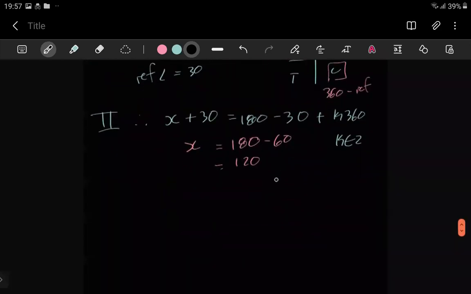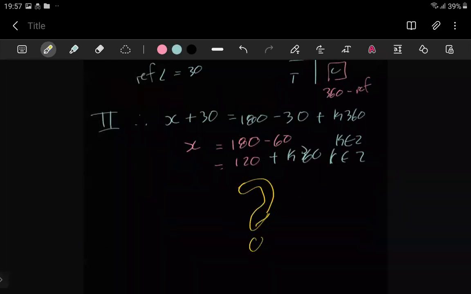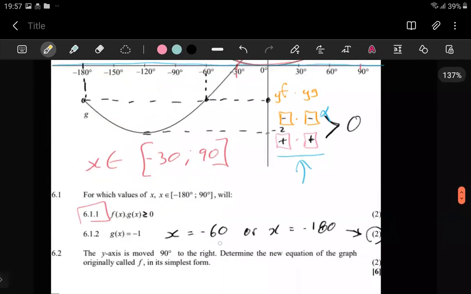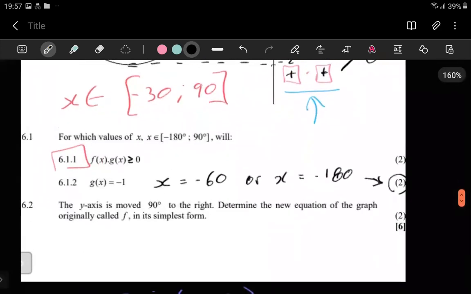Why is this thing not writing now? Whoa, oh, it's writing in black. Plus k360, k is an element of the integers. But with this one, let me just leave it here for now, because I'm just going to waste time. I'll put a question mark over this. And then for now, we will stick to our -60 and -180 on the basis that this is a 2-mark